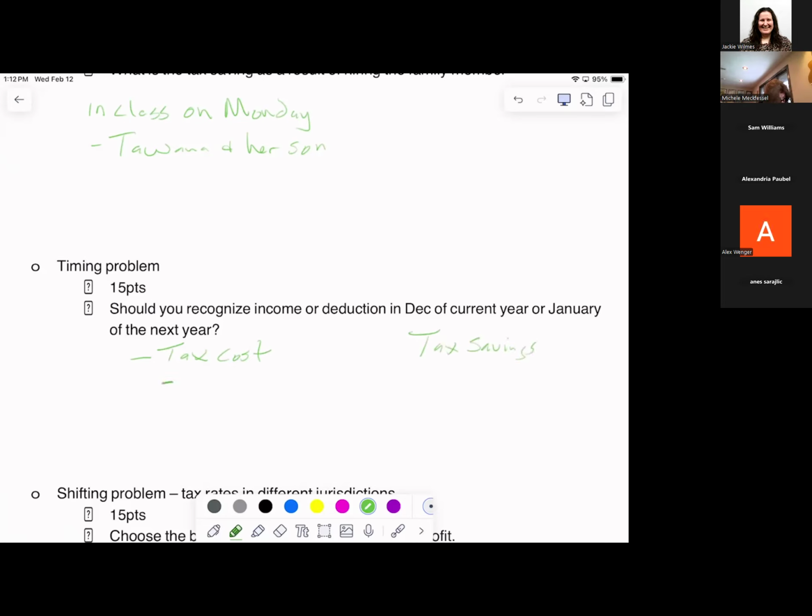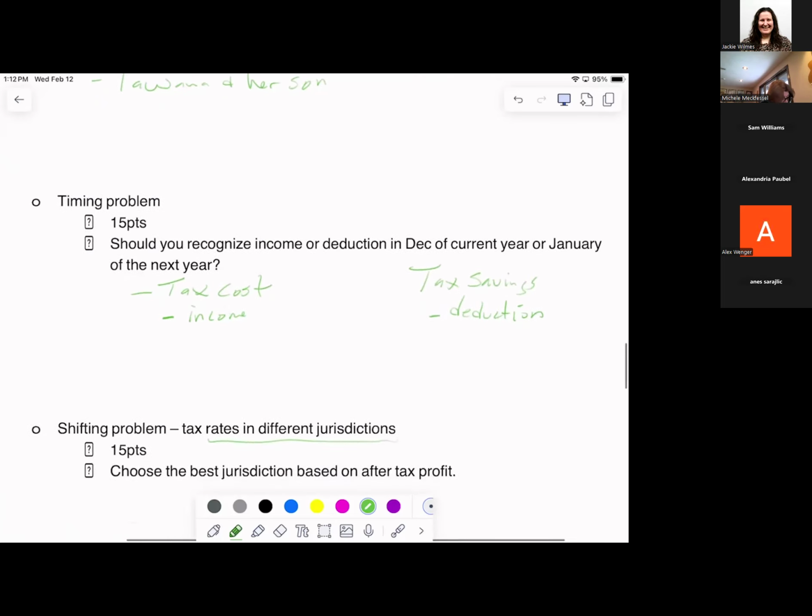If it's tax cost, then that's an income situation. If it's tax savings, it's a deduction situation, right? If it's tax cost, you want to minimize the tax cost or maximize after-tax income. If it's a deduction and it's tax savings, you want to maximize